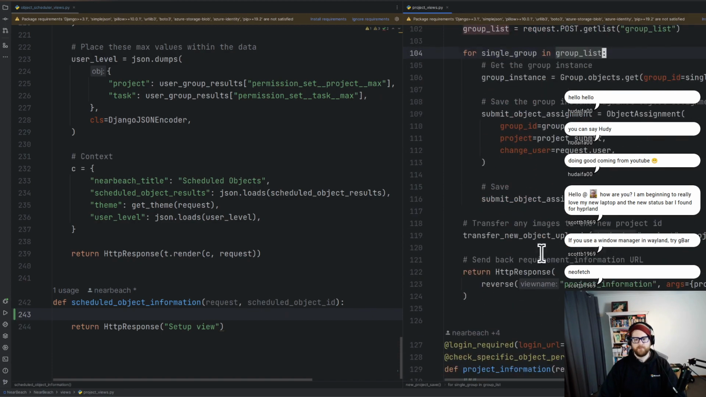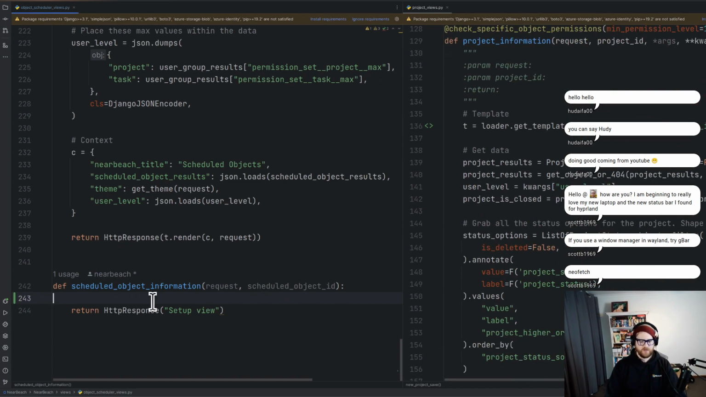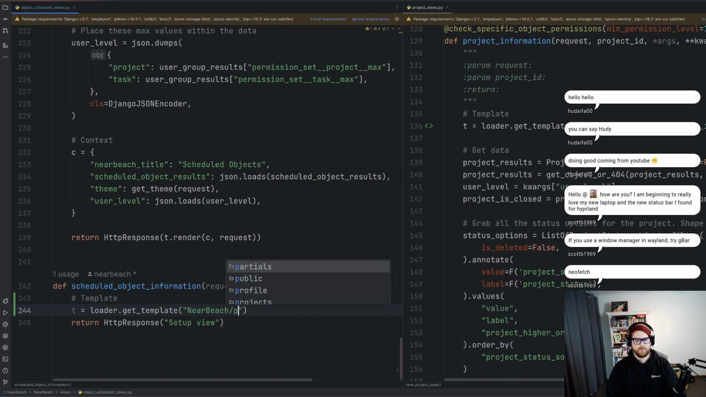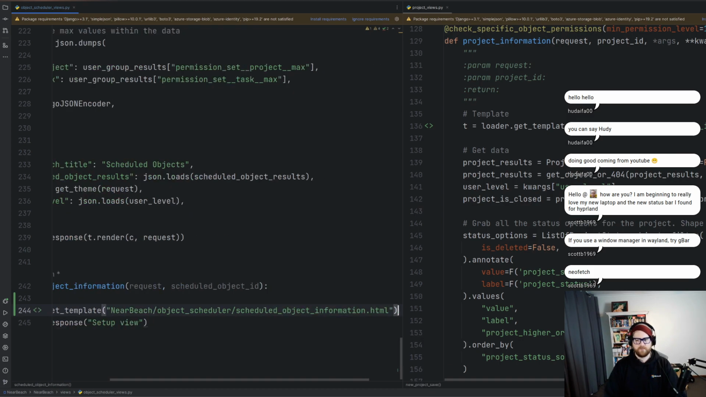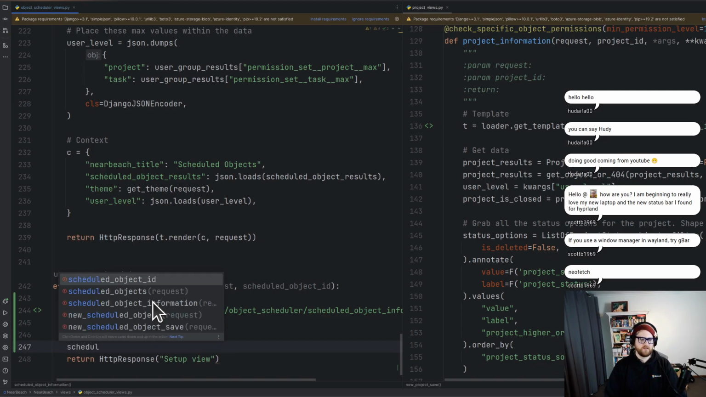I'm going to put it over there. So we've got it on this. So what I want to do is import the template, t equals loader, object scheduler, schedule object information.html. All right, cool. And we need to get the data. So that's going to be scheduled